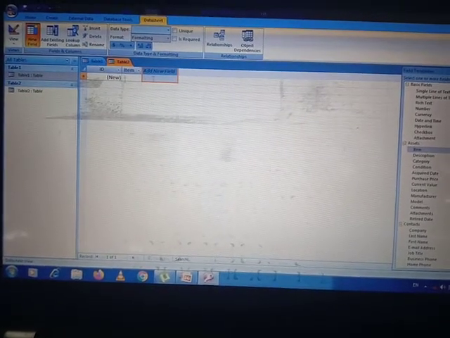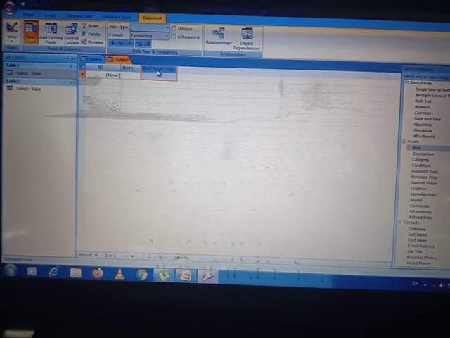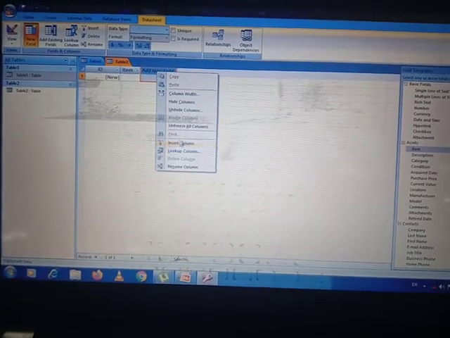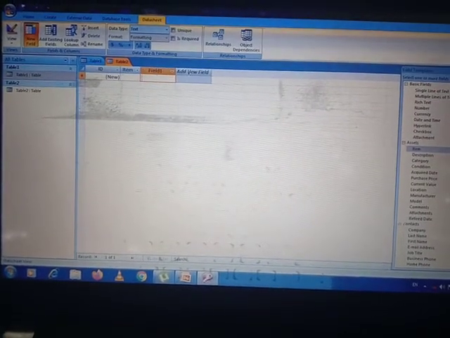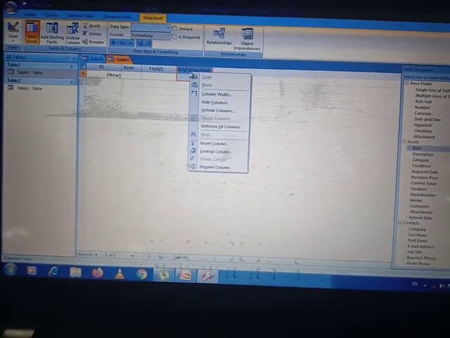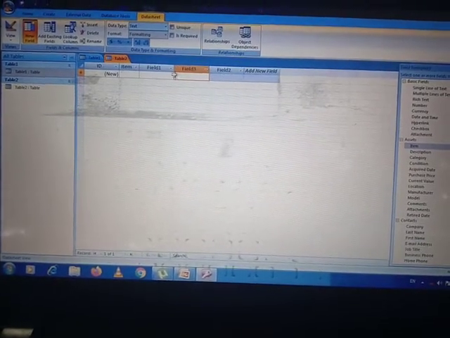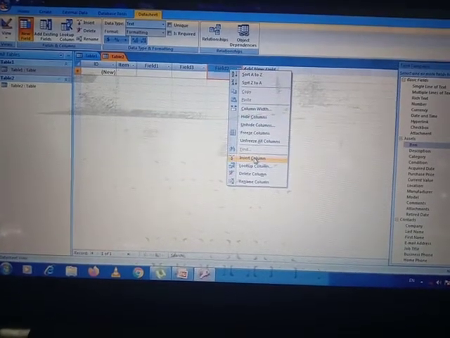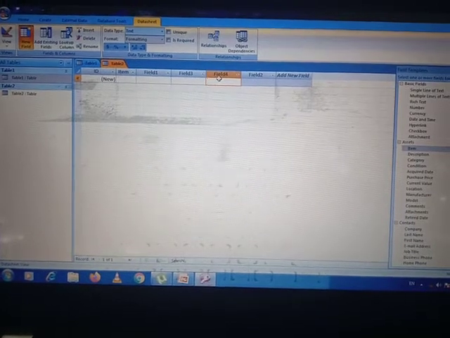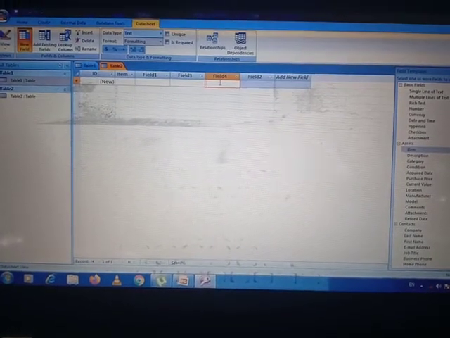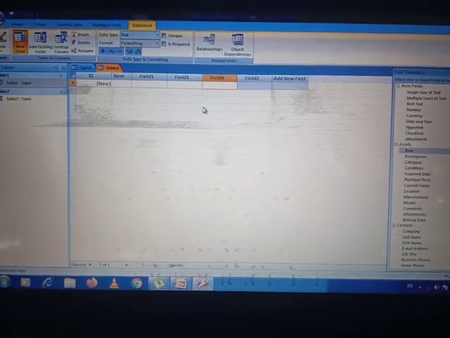So here there is only one column. We will add a new field first. Insert Column. To work on it, we are adding some new columns. Field 1, Field 2, Insert Column, Field 3. They all are coming on the left hand side. See, I will click on Field 2 and Insert Column, Field 4. The new column always appears on the left hand side of the selected column.